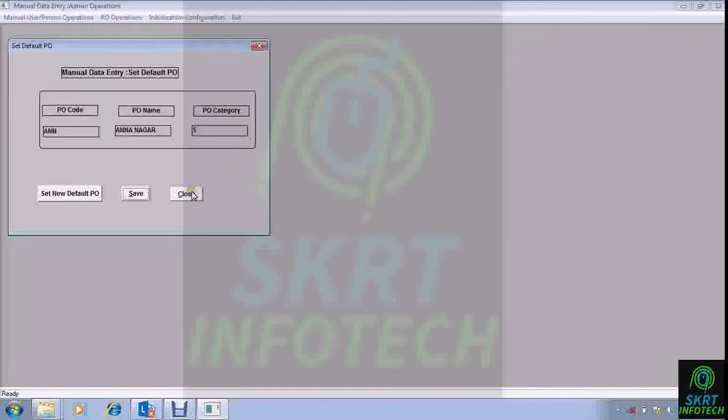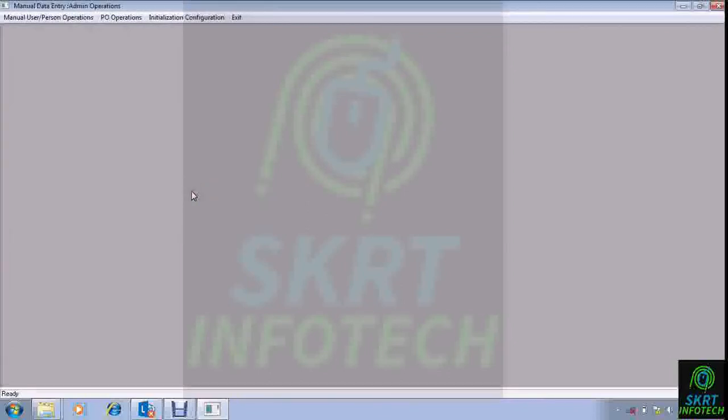So this is done. This will help you in a lot of ways, like when you are entering the data, it will default the address of the person to avoid a lot of complications. So we have completed manual user person operation, PO operations, and initialization configuration. The good part is we don't have any initialization. We can happily enter data and we can check it.